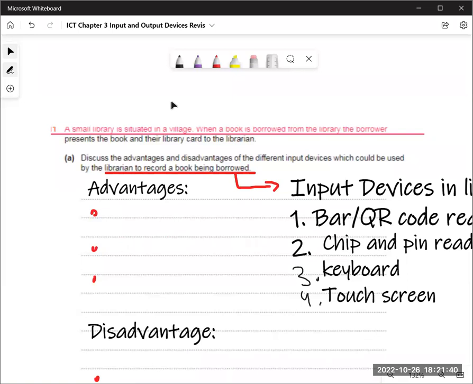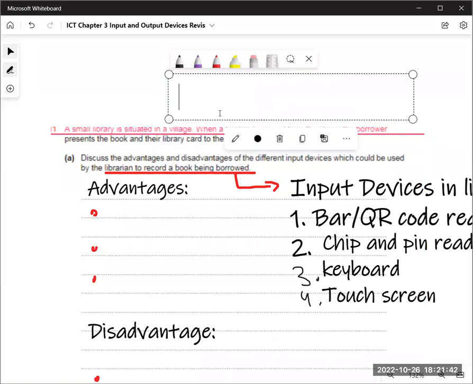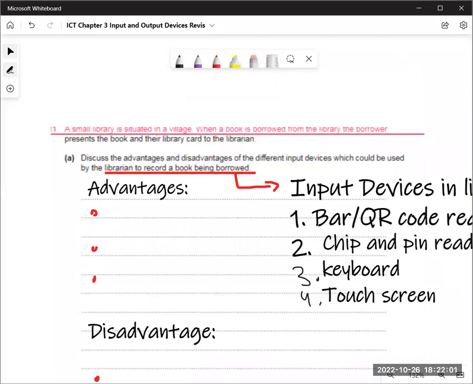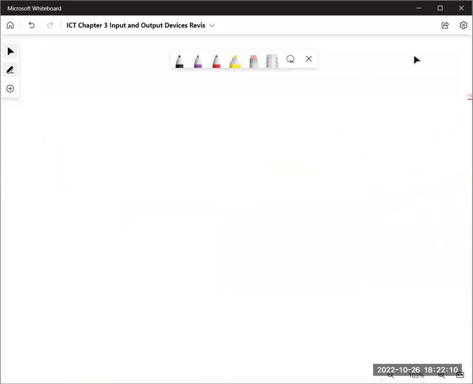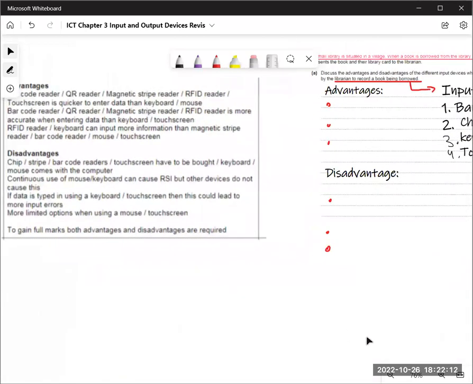First, advantage. Think, tell me quick. Nirajana, read